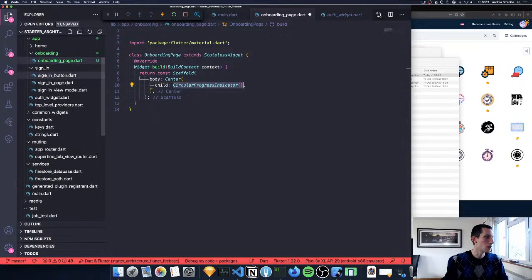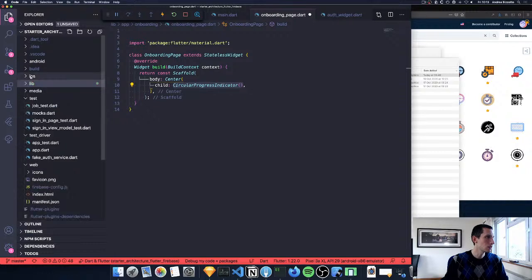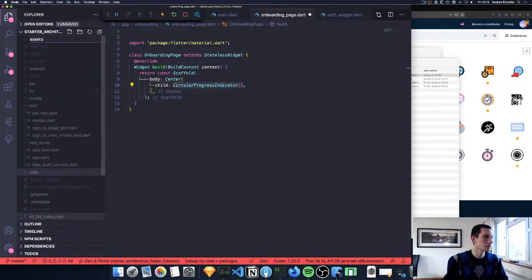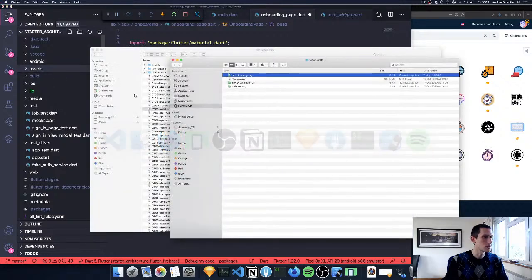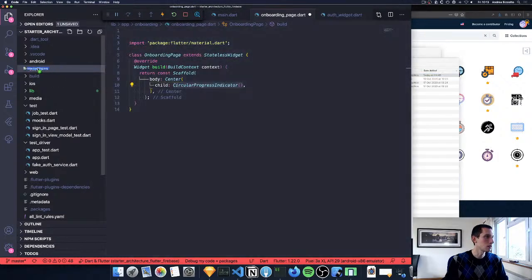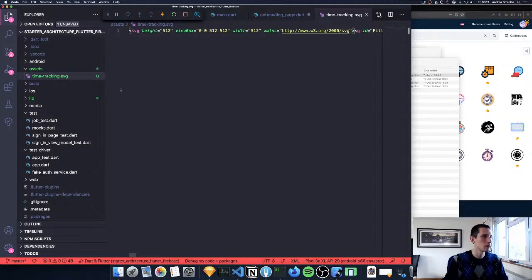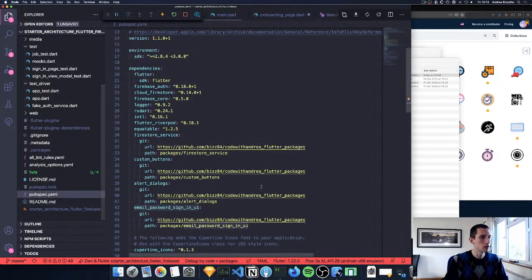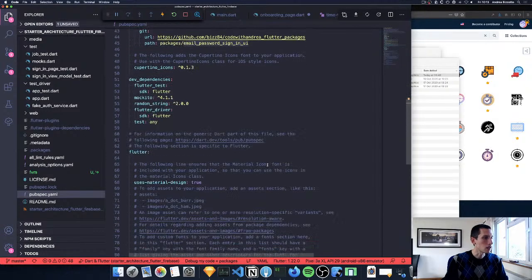I don't think I already have an assets folder in here, so I might just go and create it. So I can create assets, and then I could maybe just drag and drop it like that. So now I have it over here as an SVG file. And the next thing that I want to do is to go on the pubspec.yaml file,